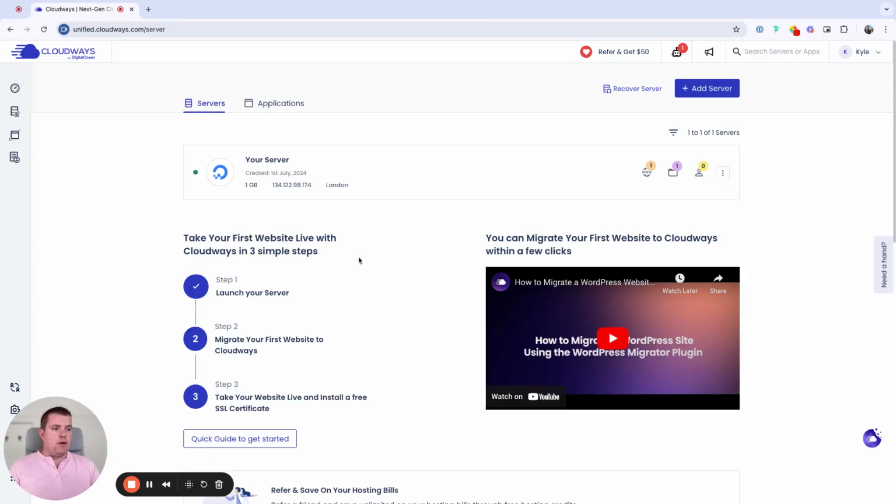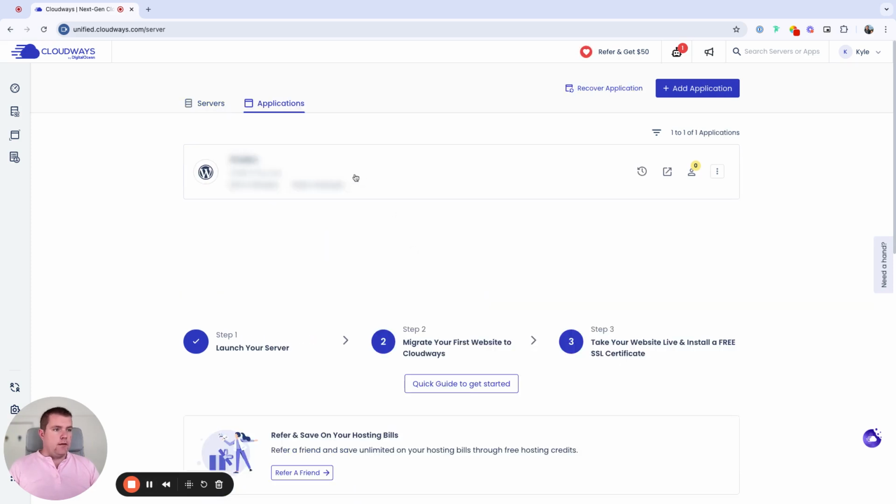So now that we have our hosting set up, and now that we have our server in operation, and we've chosen a business name, now we can go on to setting up our first WordPress website, and then connecting the domain name to the website that we set up. So the first thing we're going to do is move to applications here. And this will be blank for you. I've already set up a website on this one, but we're going to show you how to set it up from scratch now. And we're going to go to add application,